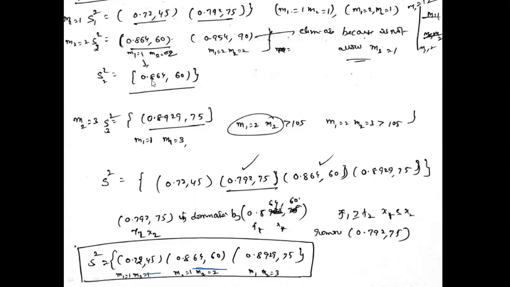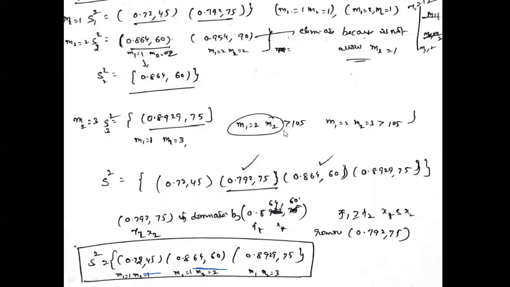Okay, S2 square equal to 0.86. Suppose M2 equal to 3, that is the number of devices in the third stage is 3, with M1 equal to 1. Suppose in the first stage we are using a single device, and in the second stage we are using 3 devices. The sum of the cost is 75, which is less than 105. If you are using another device in the third stage, that is M3 equal to 1, it is 70 plus 20, 95, less than 105. So recall M1 equal to 1.